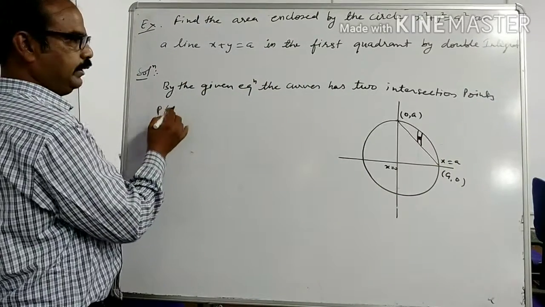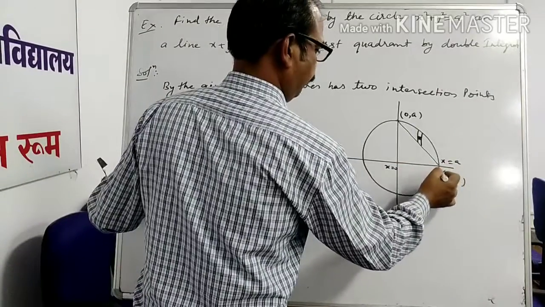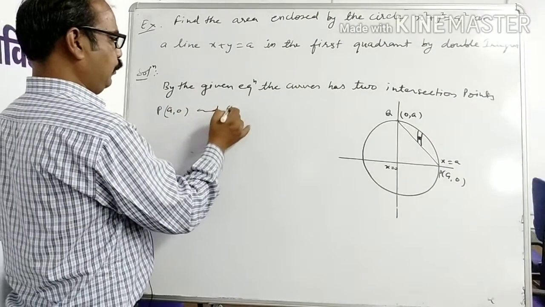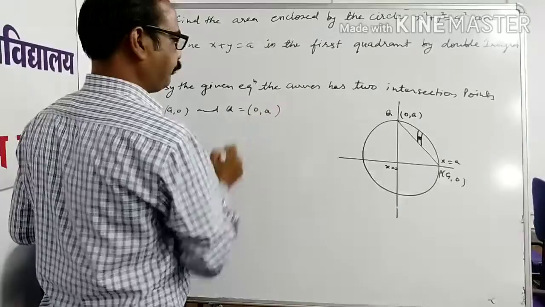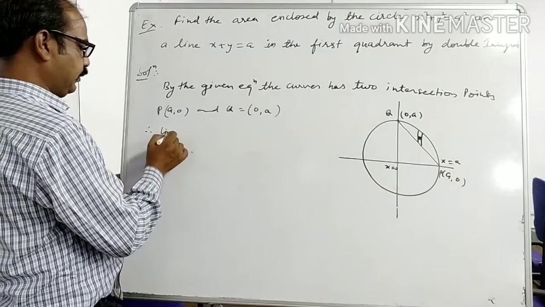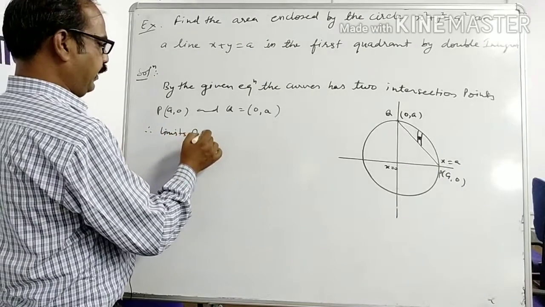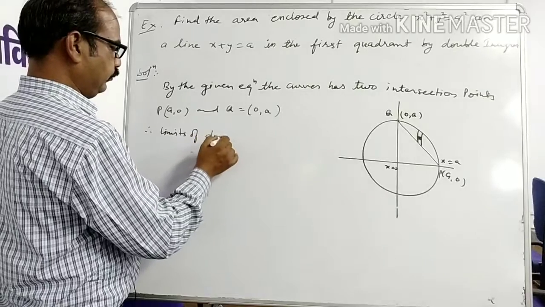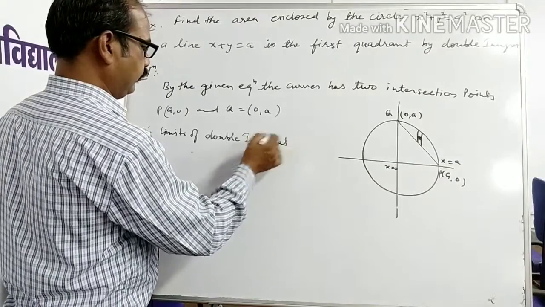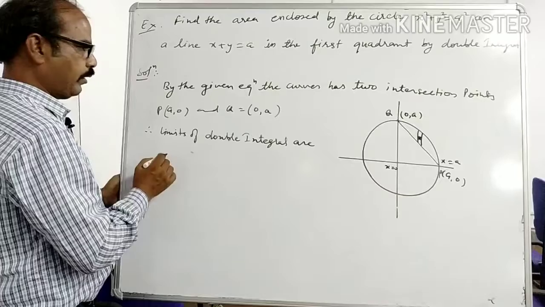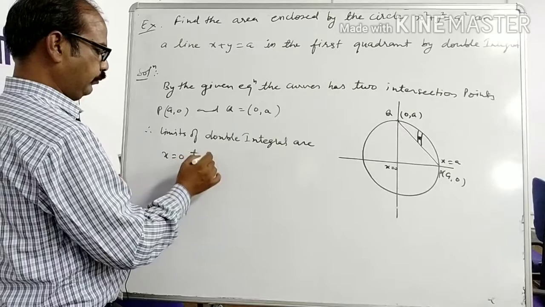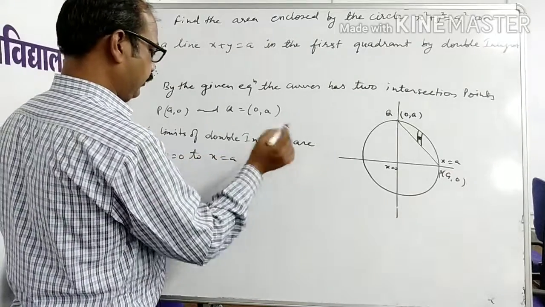Let P and Q. So P is (a,0), and Q is (0,a). Therefore the limits of double integral are x equal to 0 to x equal to a, and y equals to